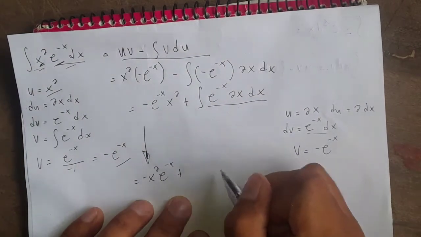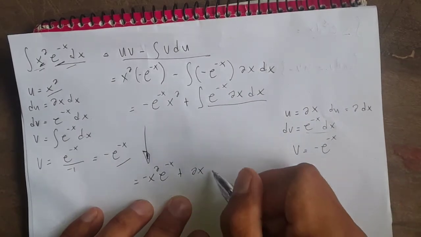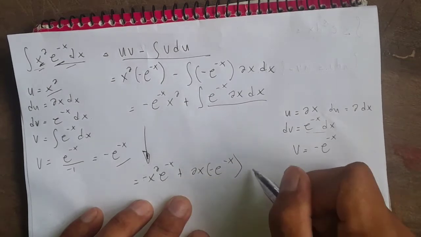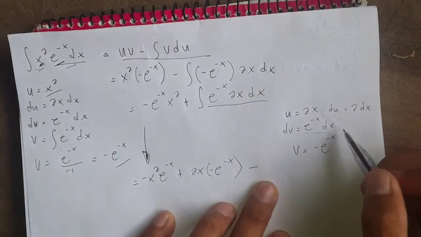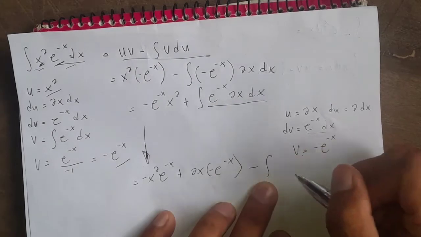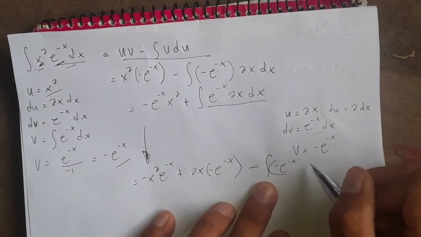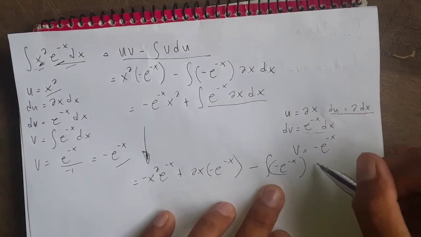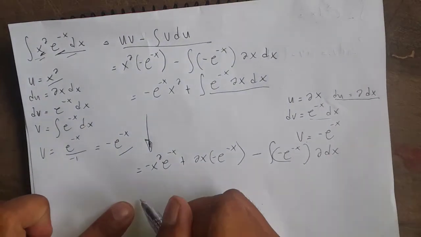So we have now u, which is 2x, times our v, which is negative e to the negative x, then minus the integral of v du, where v is this function. So we have minus e to the negative x, and your du is equal to 2 dx. So therefore, in simplifying, you have here